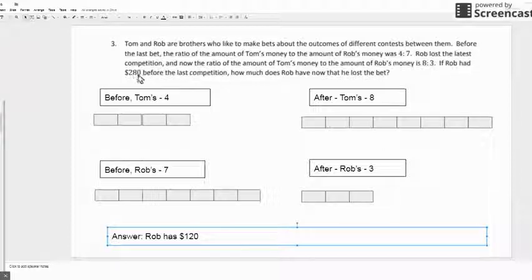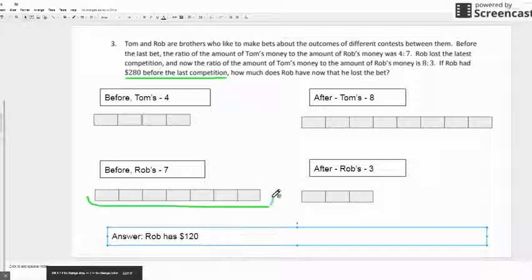If Rob had 280 before the last competition, how much does Rob have now that he lost the bet? So let's go ahead and take a look real quick. So here you go, 280 before the last competition. So here's before. This has to equal 280. And of course, there's 7